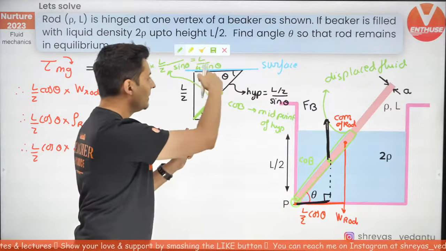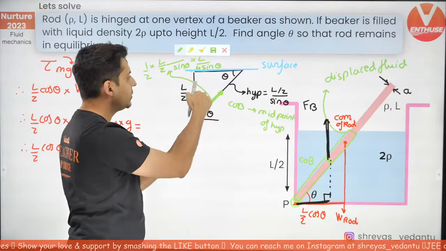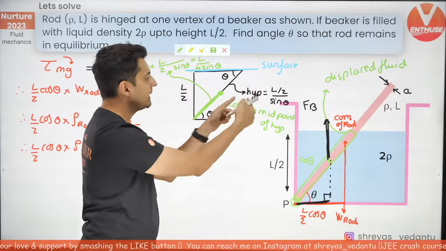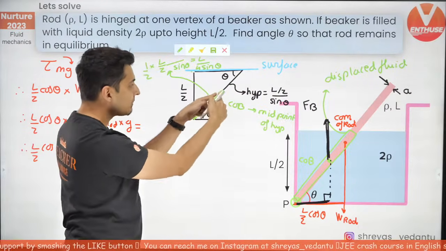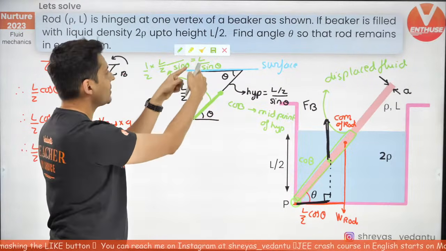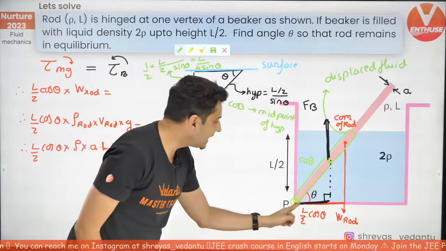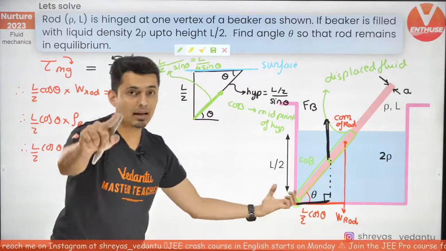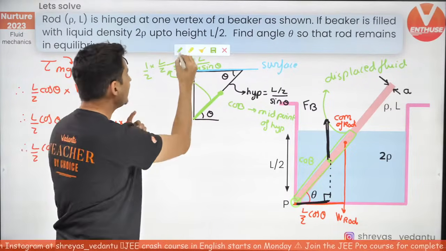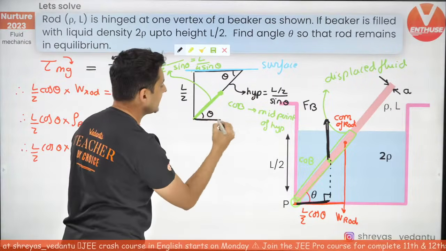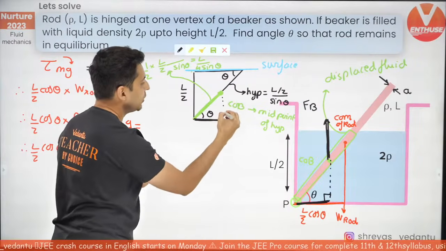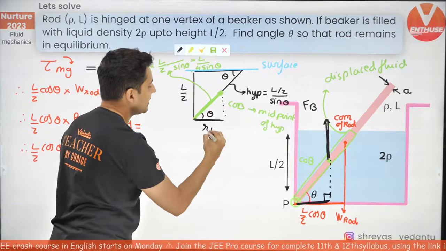By drawing a big triangle, and this is the height, which is L by 2. So this hypotenuse, by trigonometry, we got it L by 2 sine theta. Midpoint will be half of that. So L by 4 sine theta is this length. But I don't need that. I need this length, because for calculation of torque, I need this much part. So this is strictly speaking R perpendicular.